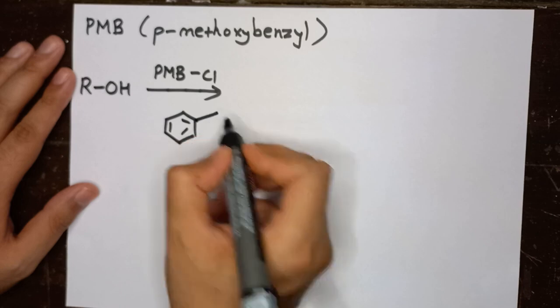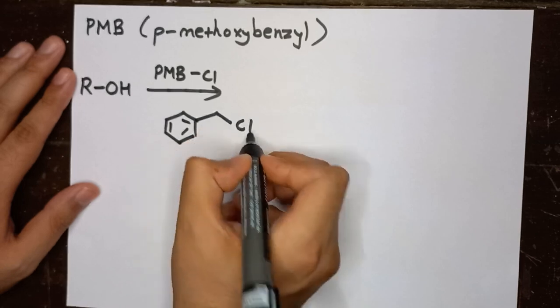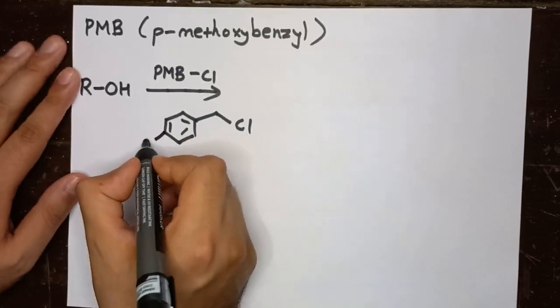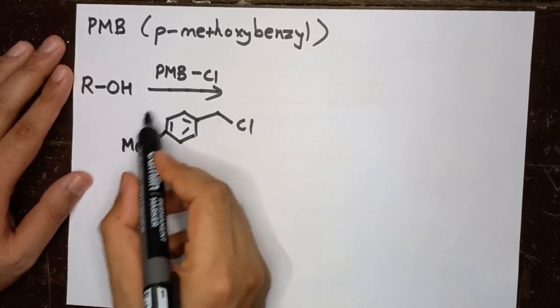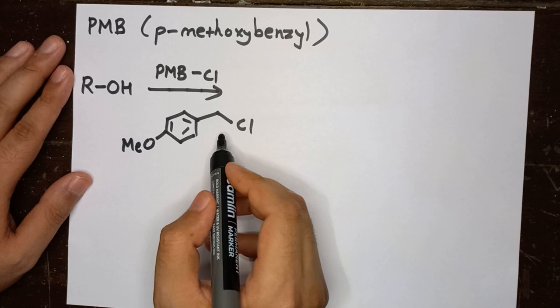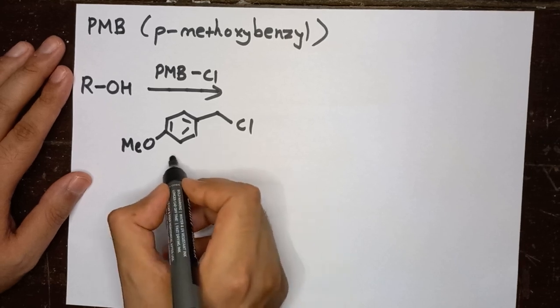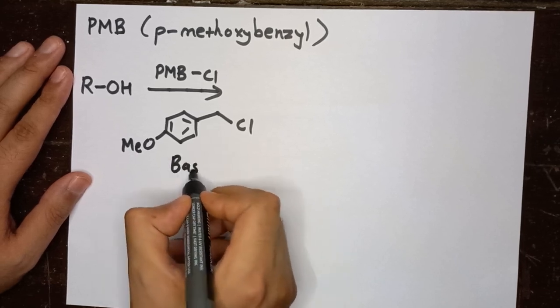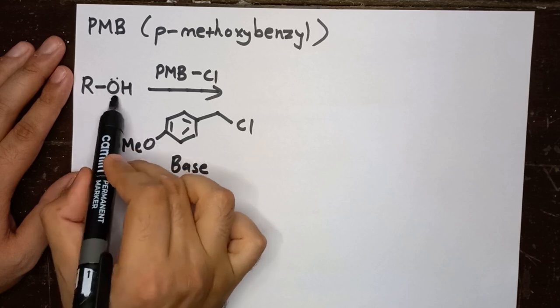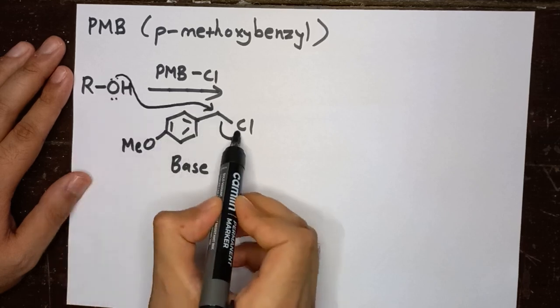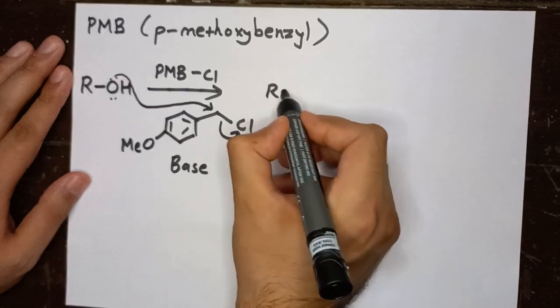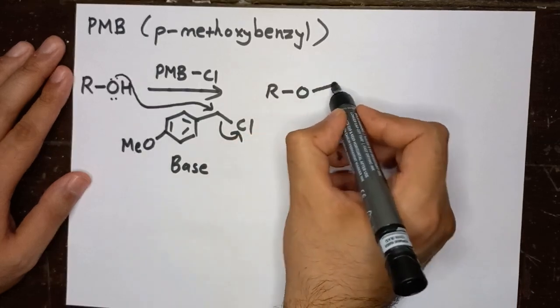Okay. So this is my benzyl group. This is benzyl chloride. At para we have OMe, that is methoxy group. So this is what we call para-methoxy benzyl chloride. In presence of a base, this oxygen lone pairs will attack at this carbon, Cl is going to leave, and you have formed RO, CH2,